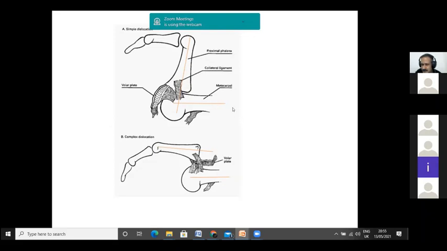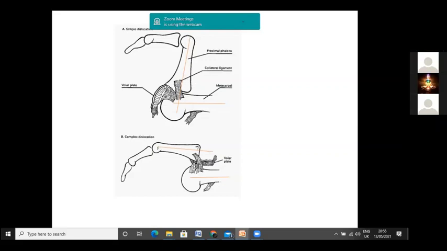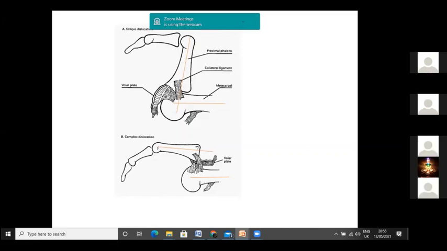So first maneuver is, Akhil, flexion or extension? Hyperextension, sir. Yes. So you keep your thumb here, push it by further hyperextending, take it to the brim, then do the flexion part. But in case of a complex one, because the volar plate gets entrapped, you need to do open surgery most of the time, almost 90% of the time. So you have two approaches. Either you can approach from the volar surface or from the dorsal surface.